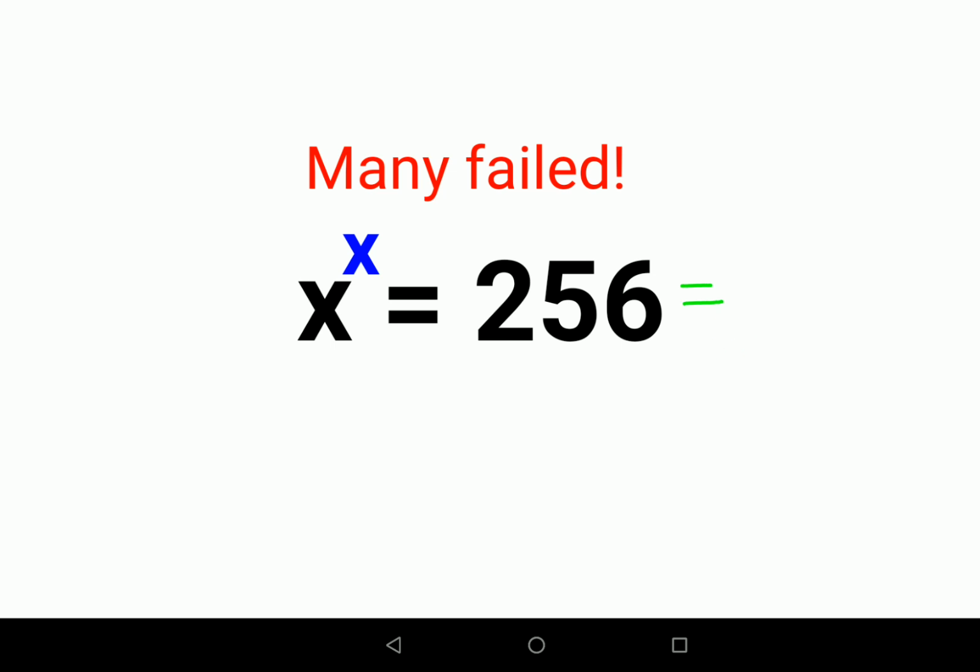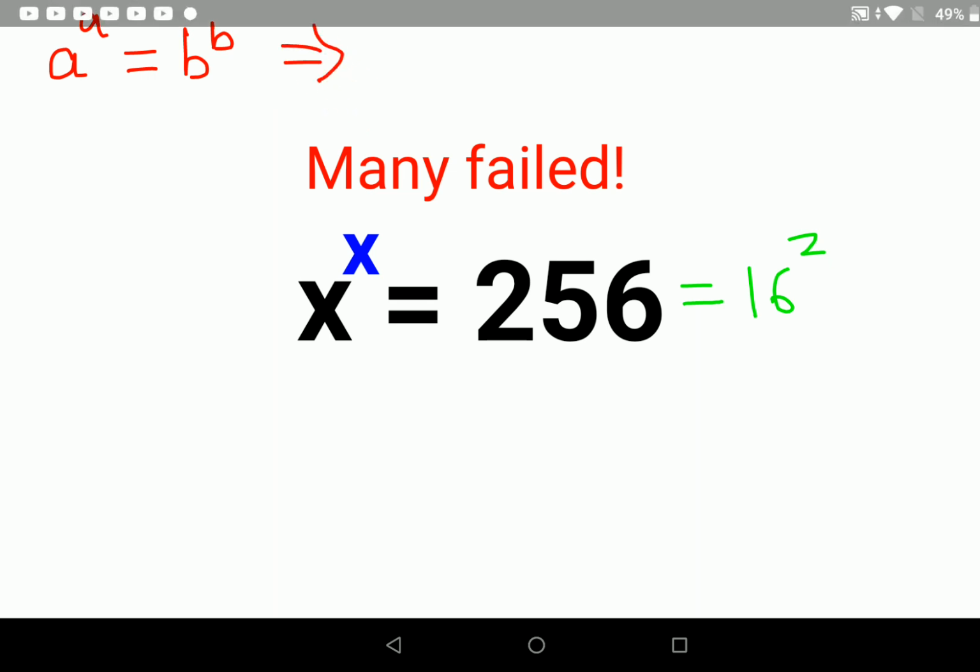So actually, if you look closely, 256 is nothing but 16 square. And here, please remember, whenever you have something in your LHS which looks like variable raised to variable, your job is to try and put the constant or RHS in terms of constant raised to constant. Once you do that, since the bases and indices are same in both the sides of the equal to, you can directly say A equals to B.